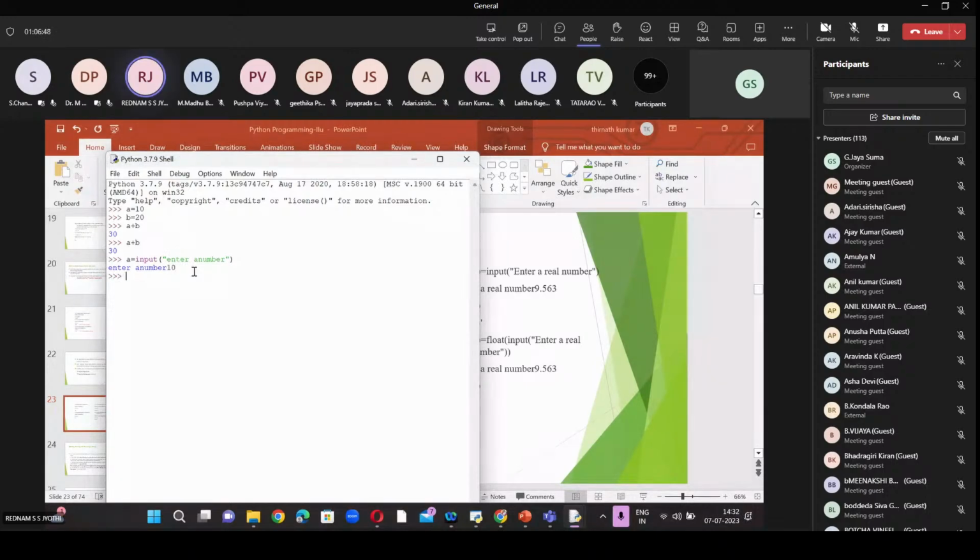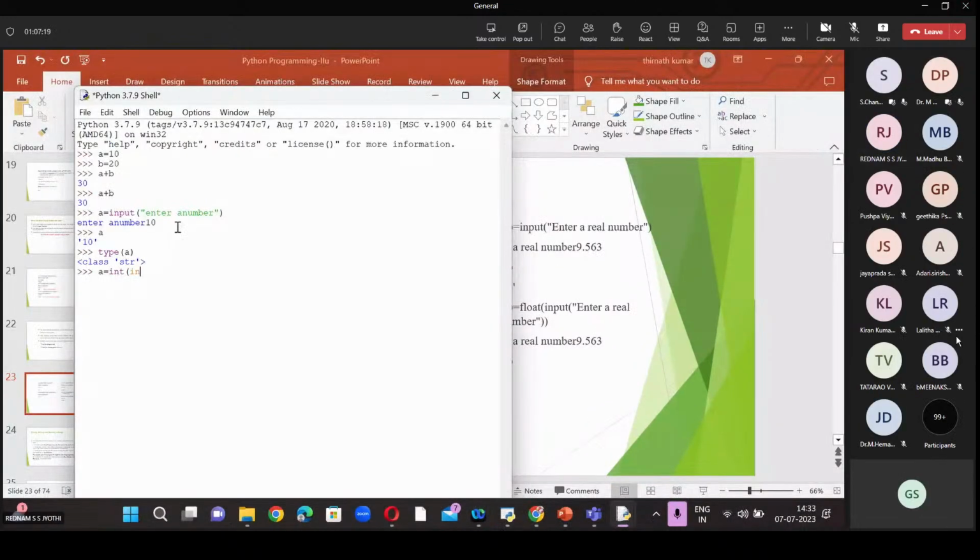If I print that A value, it is displayed as a string type. If you want to know the type of that particular A, we use the type function of A, and that is the class str. If you want to convert that string into a number, we use the instruction int of input of enter a number.